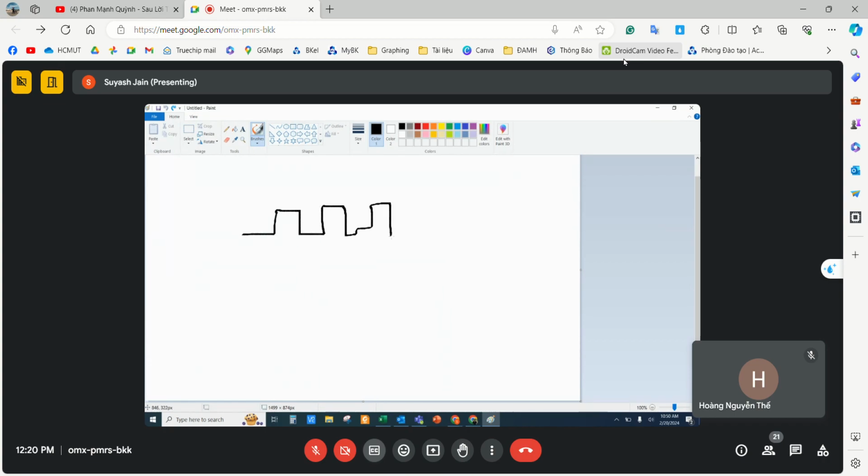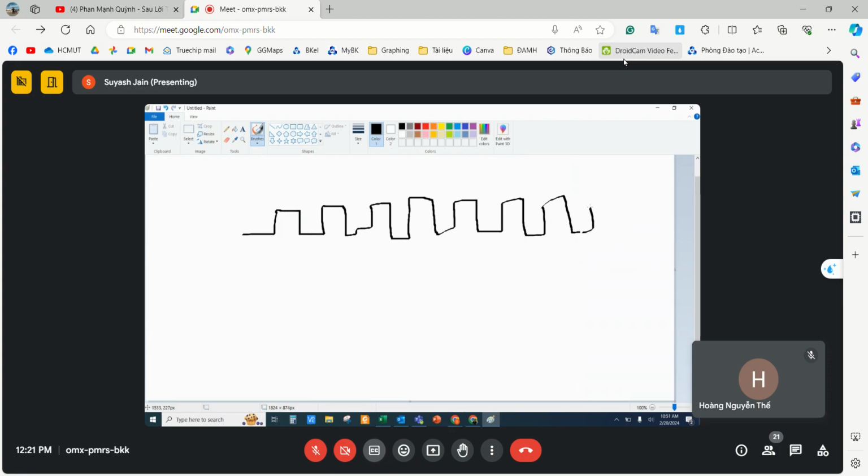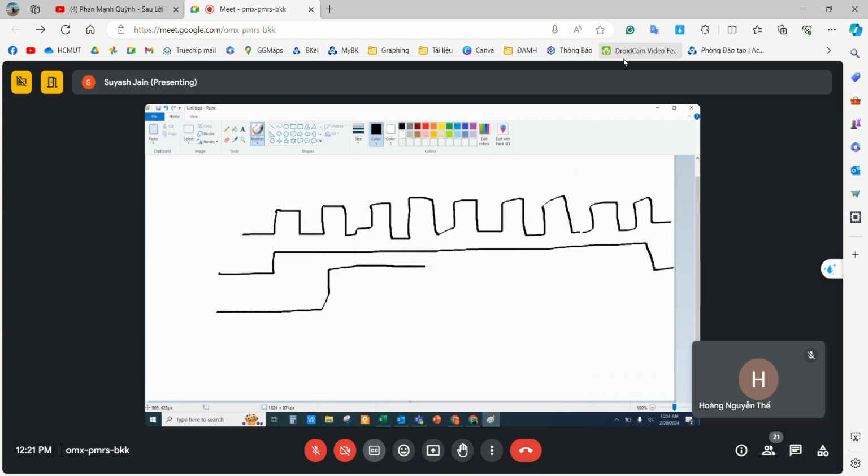This is the beautiful clock pulse. And suppose this is the valid that is coming from the master. Okay. And during this time, the ready is asserted like this. So during this time window,